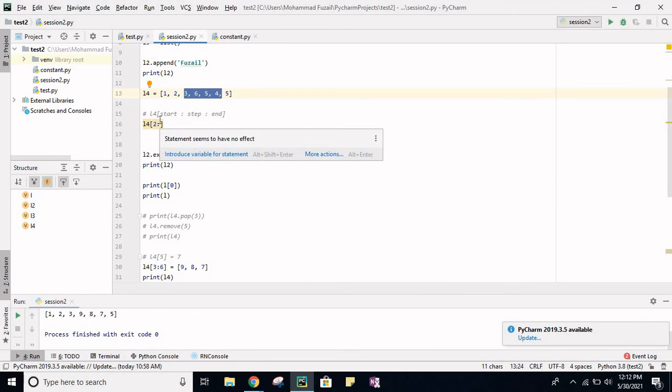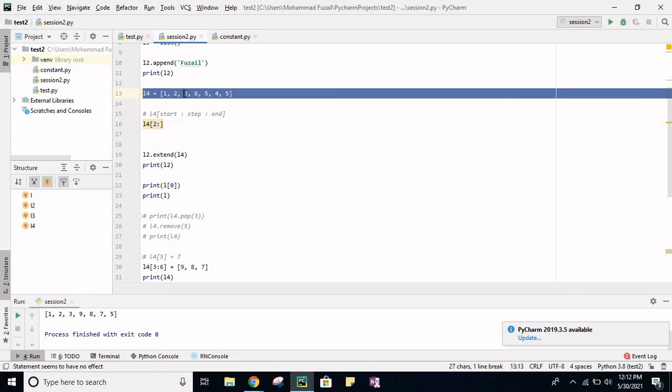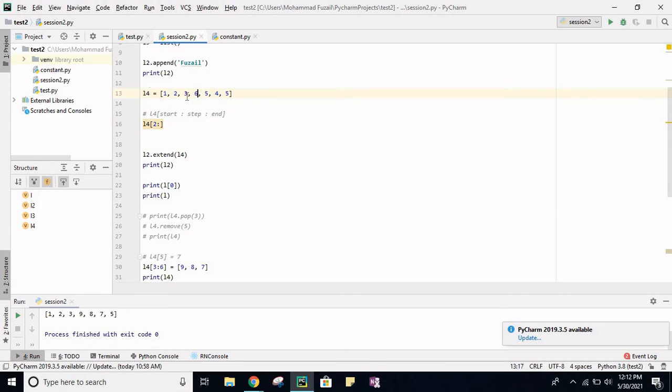Now since we want every element of this part, we can just pass one step. So just going from one to another, from 3 to 6, what step will it take? One step, right? But going from 3 to 5, it will take a step of 2. First it will go to 6, then it will go to 5, right? So this is what a step is in slicing. Since we want to get 3, then 6, then 5, then 4, we have to get the element at each step. So we'll pass the step as 1.